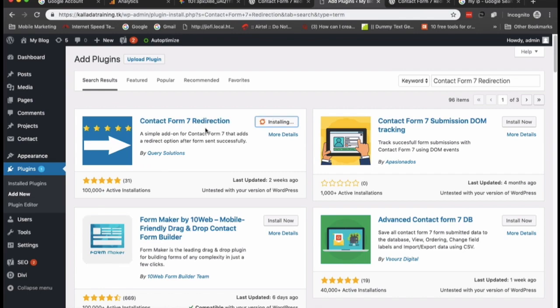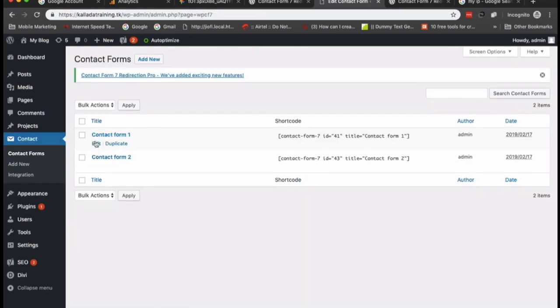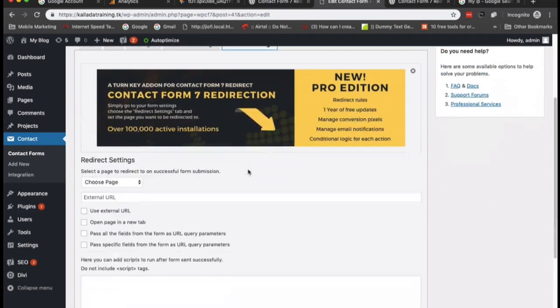So what it does is it adds a tab in Contact Form 7. Once the plugin is added and activated, I'll show you how the contact form looks now. Go to the contact forms, click on edit. So this is an additional tab added by the plugin.